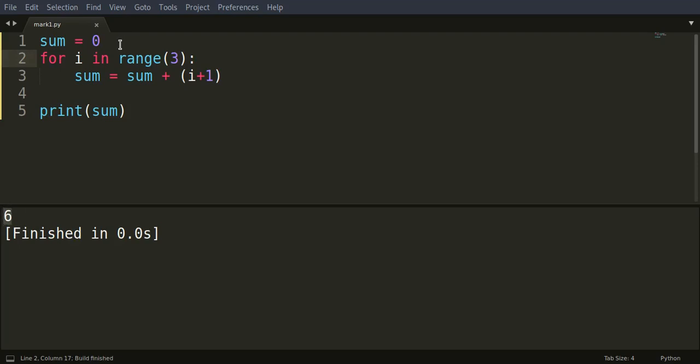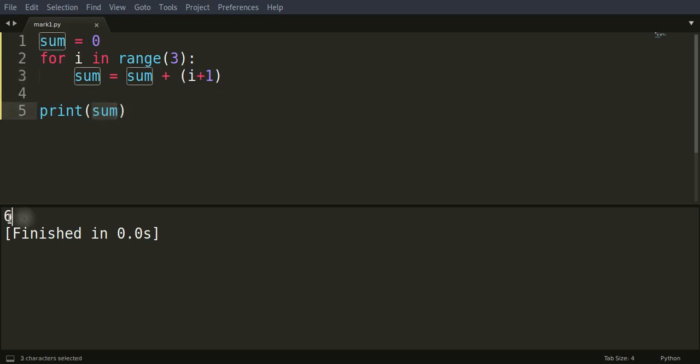So what happens in this program is the value of sum initially is 0, and the loop runs. So for I in range 3, value of I is 0. Sum equals sum plus I plus 1, right now this is 0 plus 0 plus 1. That's 1. So now the value of sum is 1. Remember that. Then it runs back for I in range 3. Now the value of I is 1. So sum, it's already 1, 1 plus 1 plus 1. That's a total of 3, I believe. Yes. And then you can keep on going. This will happen one more time, and the value of sum